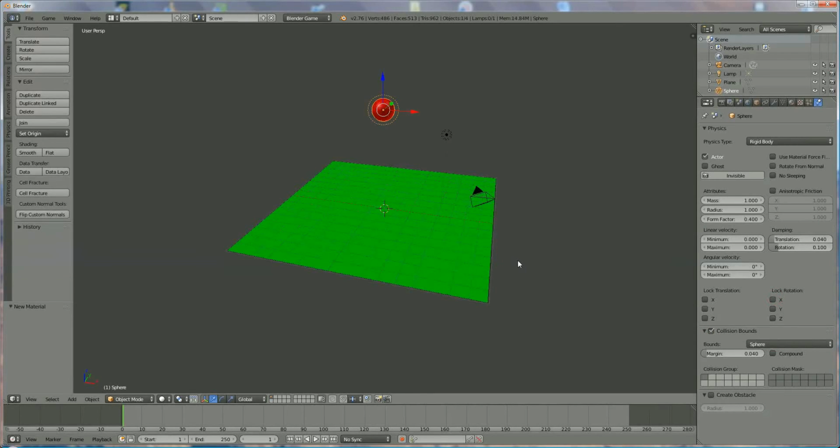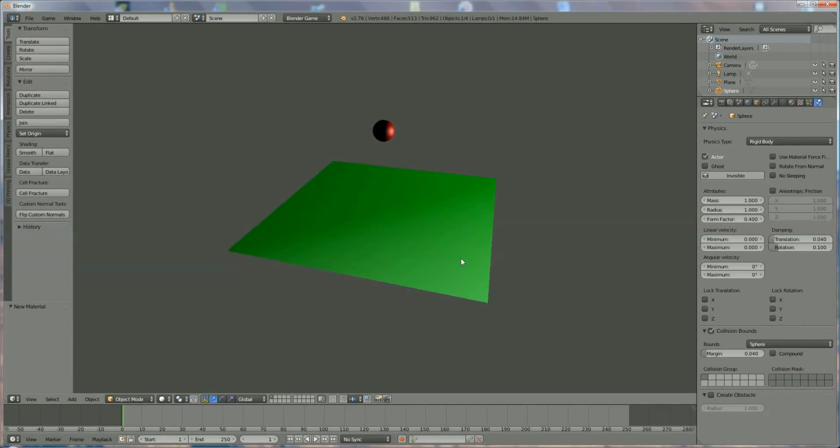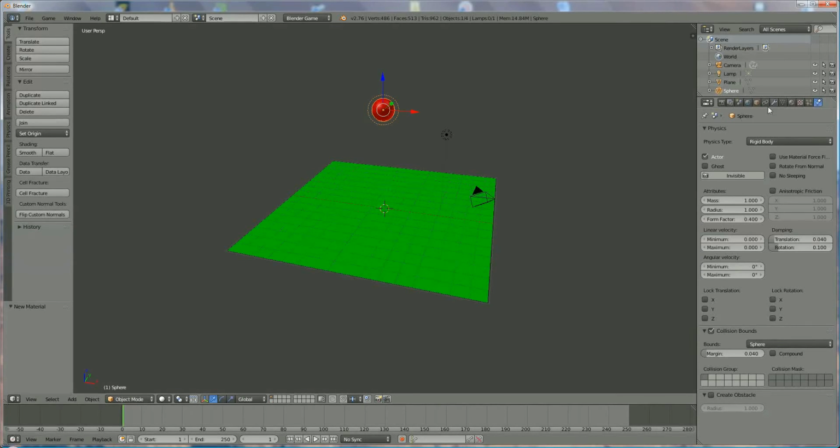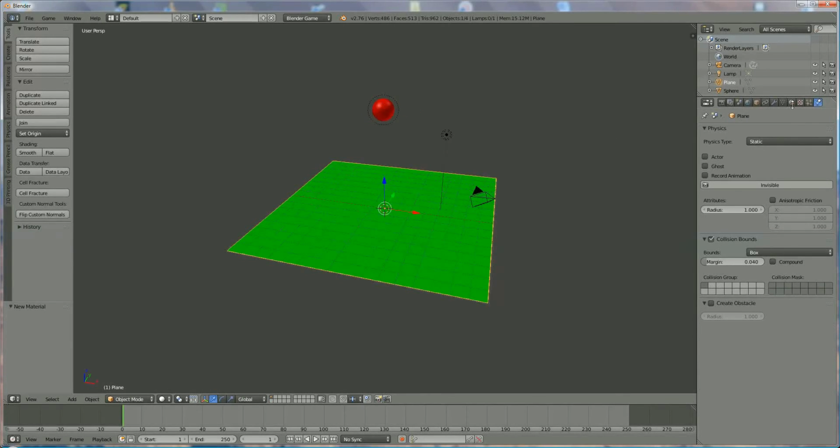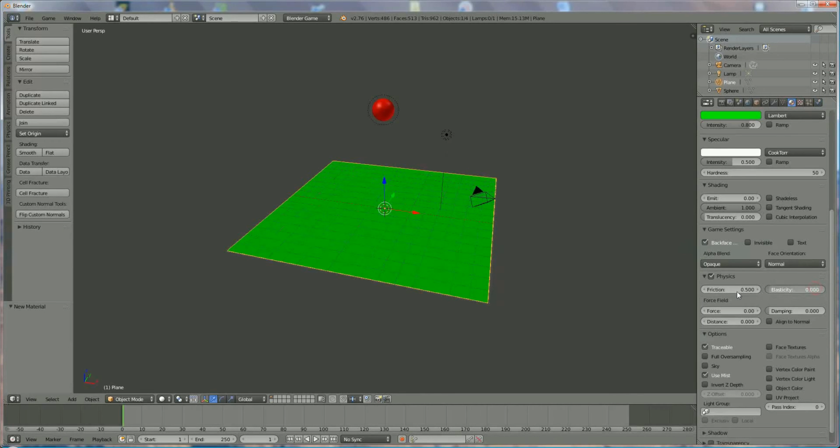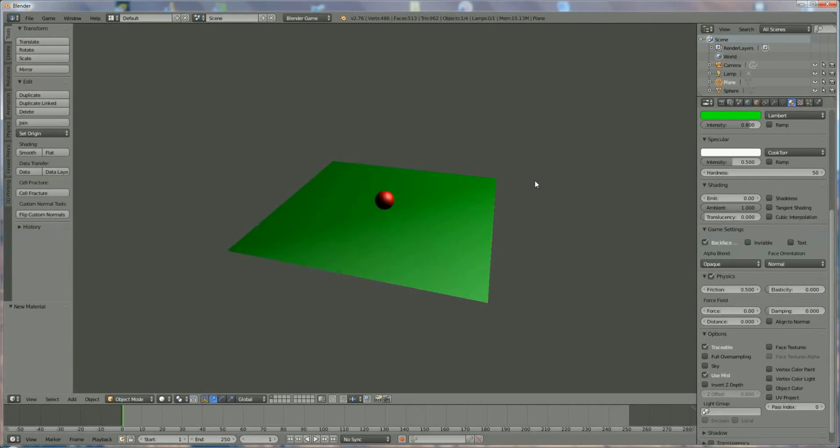Now if I press P, you will see what's going to happen. P for ball. He's bouncing on the surface, up and down, always little by little. Escape to come back. Now if I for instance change the material to elasticity 0 and I do the same, P, you will see he's going to stick on it. Now put it back again, escape,